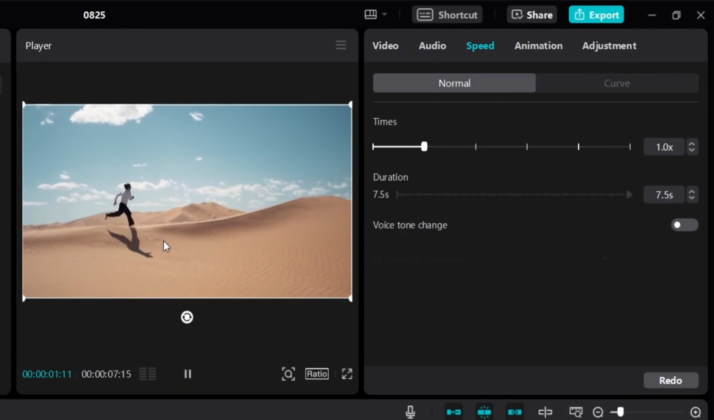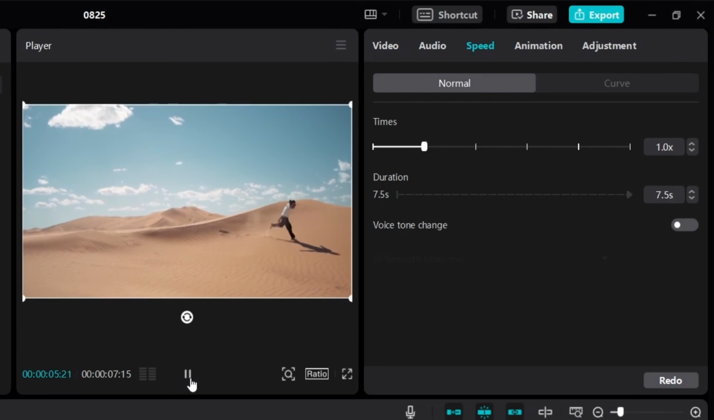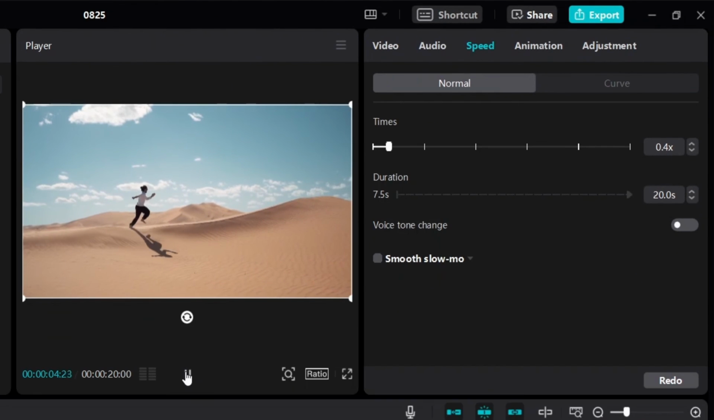So it's going to be 7.5 seconds for this guy to run, jump, and continue running. If we want to slow down the video, we can also increase the duration. We can just click on this to increase the duration, or I can just change it. Let's say I want to drag the video to 20 seconds long. I can just type 20, and now you can see that the video clip will be dragged out to 20